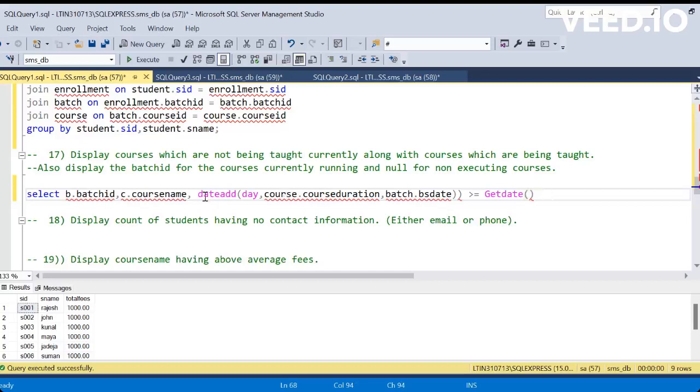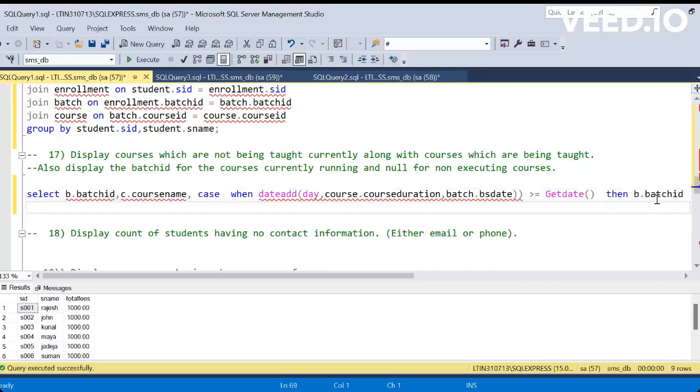So we can see like we have to have a case statement here. Case when this particular date is greater than or equal to current date, then what I have to print is we have to print a batch ID. So they want to display batch ID of the current courses, right? So batch ID which is from B table, batch ID. Else what I want to take,